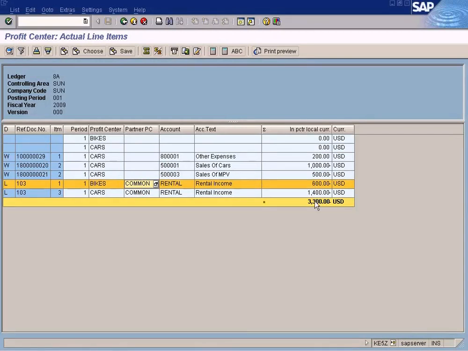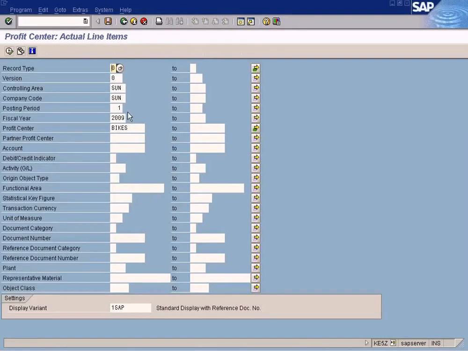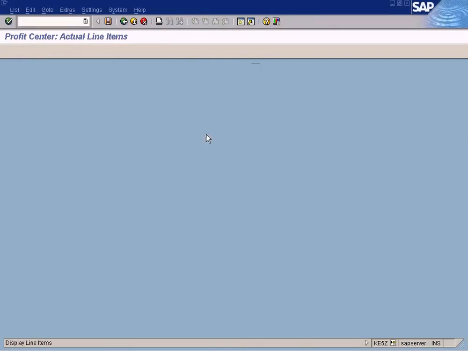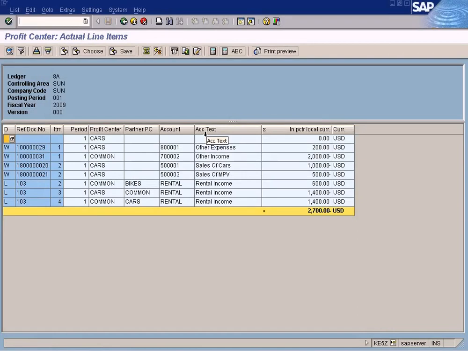So these incomes will be added to the total profit, which is 3300. Okay, now let me check what it has in common profit center. Profit center common, you can see